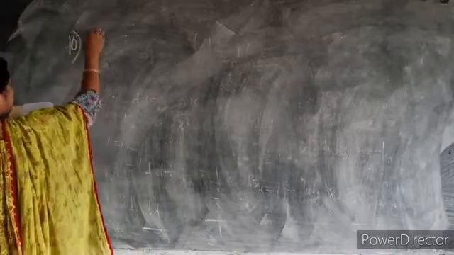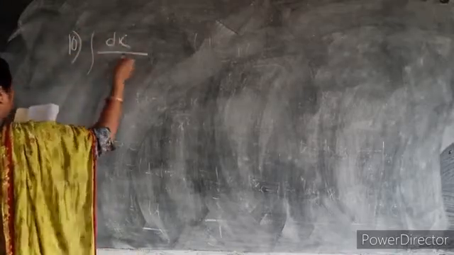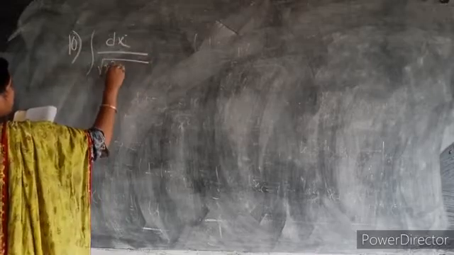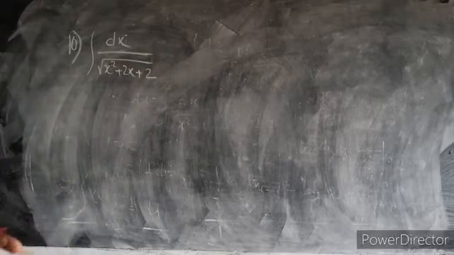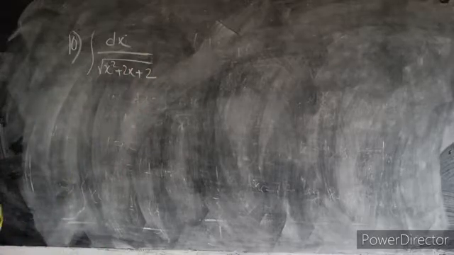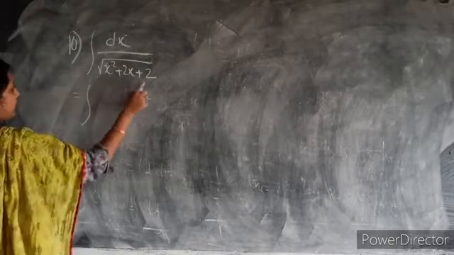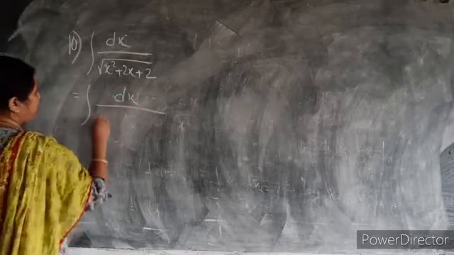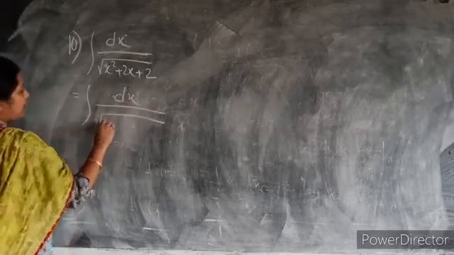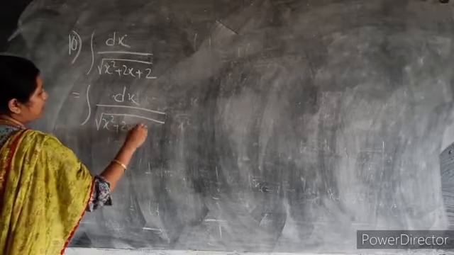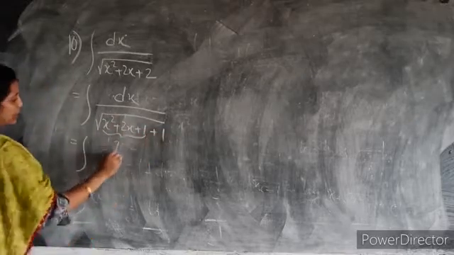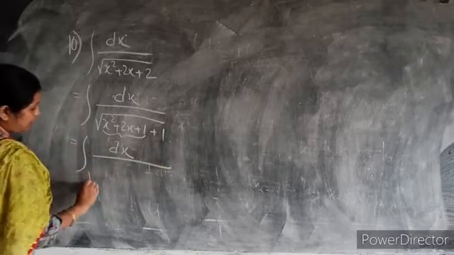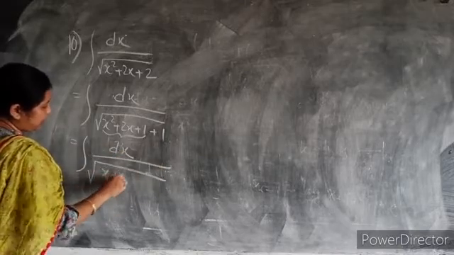Let me do the next question, number 10. That is integration dx upon root over x square plus 2x plus 2. Okay, so here you have to apply the formula. Since it is a quadratic, you have to bring it into square form. So here this 2 I can write as 1 plus 1. So this part, if you see, is directly integration dx upon root over (x plus 1) whole square